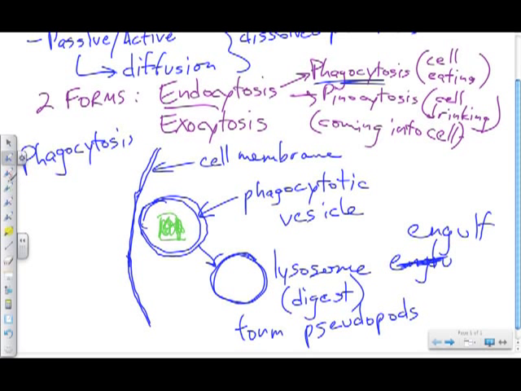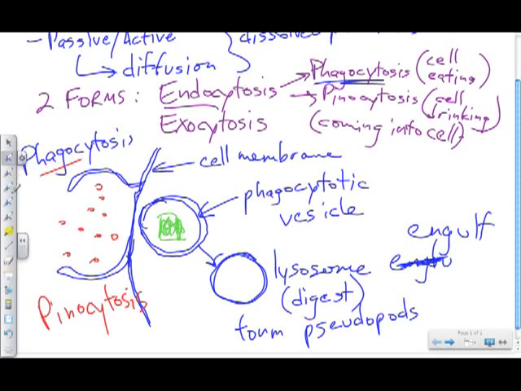But now, let's look at a different process. We looked at phagocytosis, but what is pinocytosis? Pinocytosis is very similar to phagocytosis. The only difference is we have smaller particles that are going to make their way into the cell. So pinocytosis will again form pseudopods right around